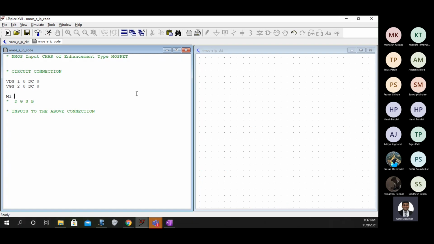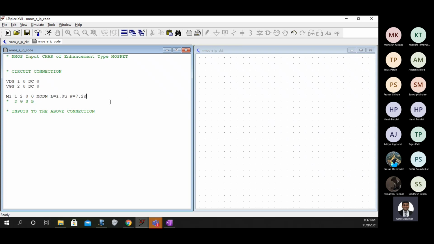So I'll write here, there is a device M1 which has 4 terminals and it is connected between 1, 2 and 0, 0, and the name of this device is mod n, which has a length of 1.8 micrometers and width of 7.2 micrometers. So this is basically the device.